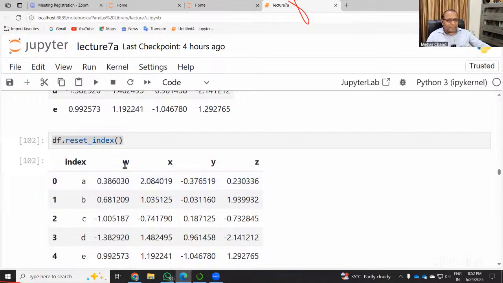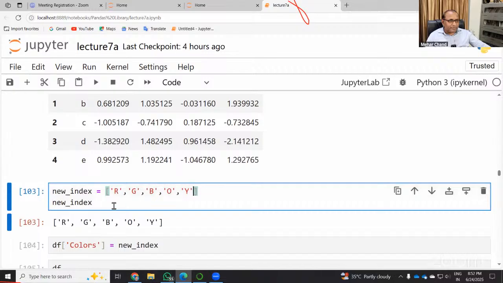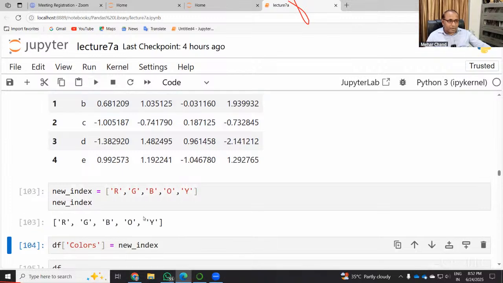Previously these were w, x, y, z. And here if you want to add a new index, we want to replace these values. What we will do, we give the new index equal to R, G, B, O, Y. These are the new values for the index. And you can check these values by running it. Now